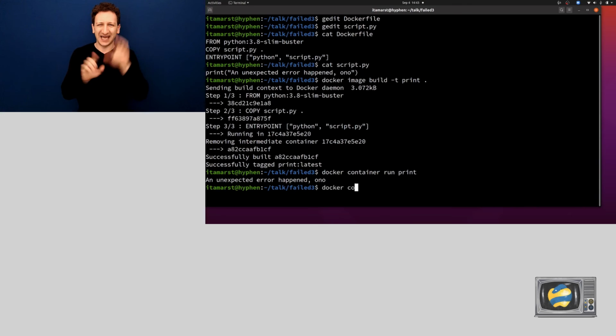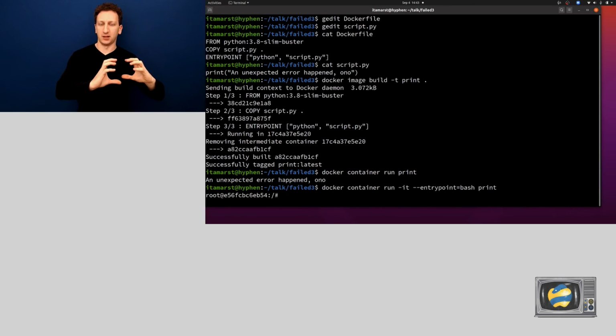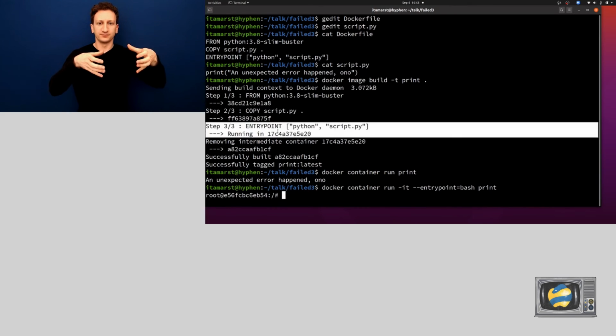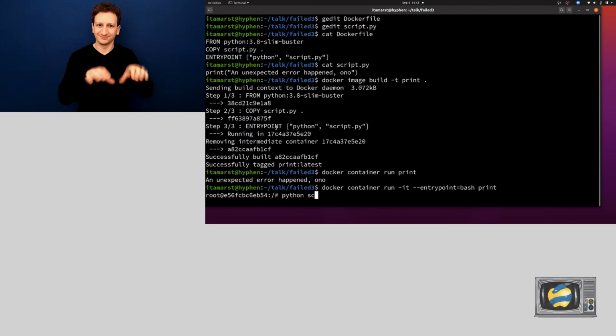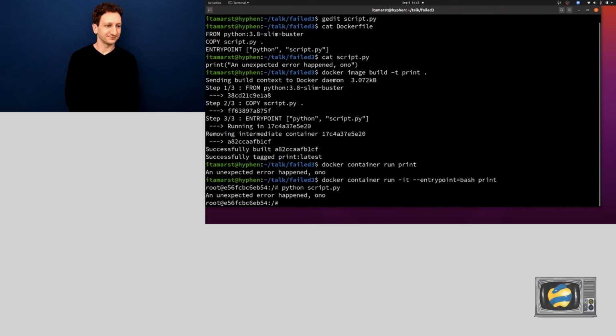So what I can do is I can say docker container run, interactive, and use the shell as an entry point, but I can still use the image. And so now I have a shell in that image. And then I can just manually do what this entry point does, right? So I can do python script.py. I got the same error, and now I've manually reproduced the issue,